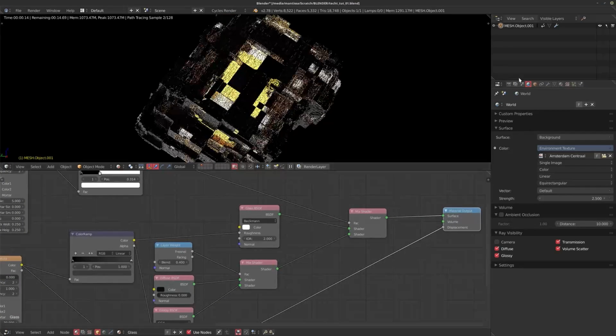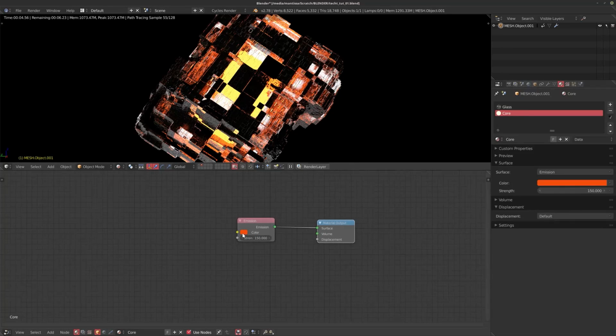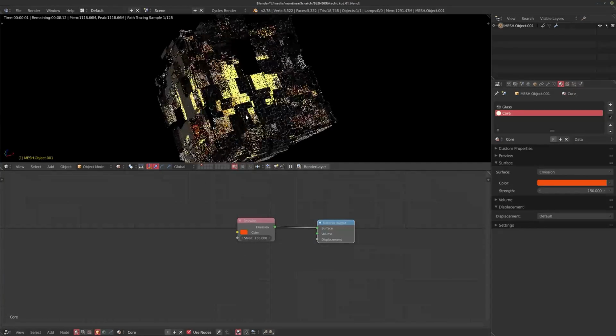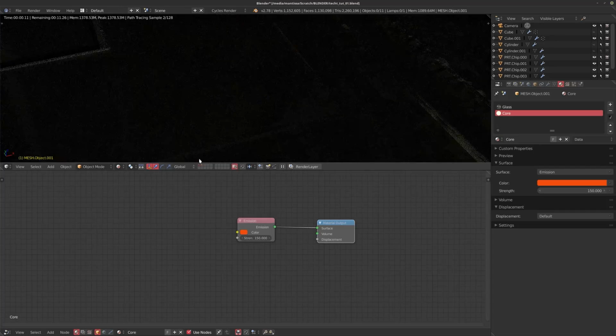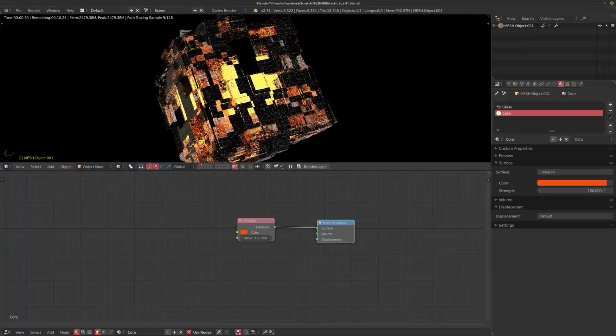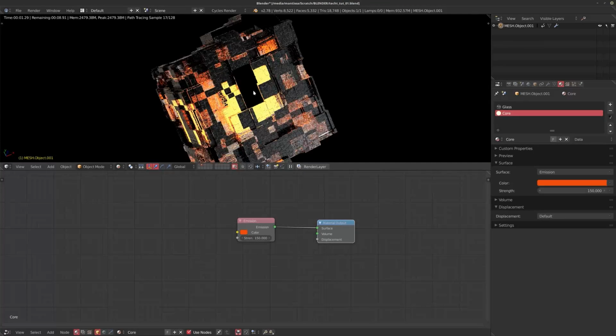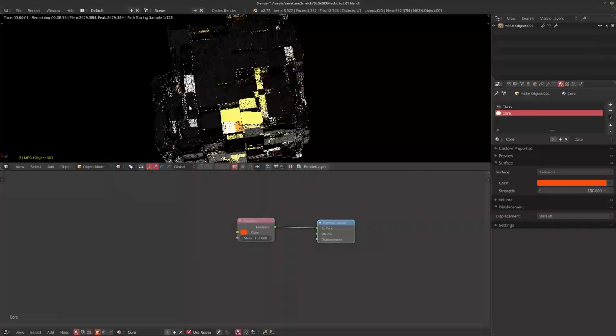We have this glowing core in the middle. I believe it's just an emission shader, and I like setting these to be fairly heavy on the saturation, so you have to set them up pretty high. But you can get these really nice, rich, colorful lights, and it looks really, really good, especially combined with a different shader. Sorry, I didn't mean to do that. Let's go back. Especially if you combine it with a different shader, and especially something like glass, which is a little bit rough on the inside, and you get these really, really interesting results of this glowing object.